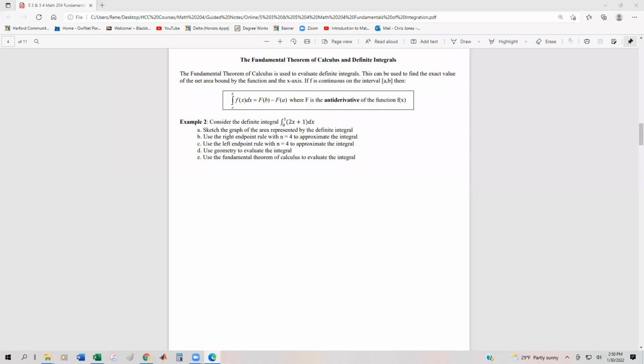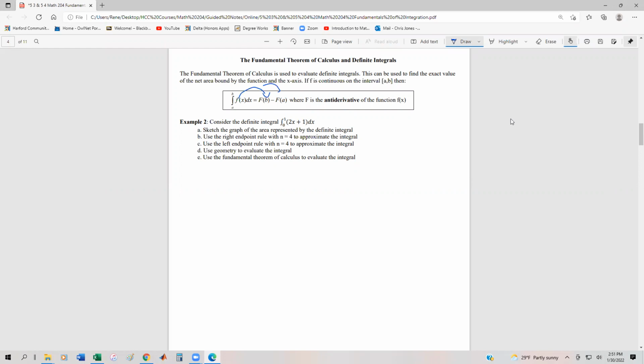We're going to look at the idea of being able to tie in everything that we did with respect to left endpoint, right endpoint, geometry, and then being able to work in something called the fundamental theorem of calculus. Now, the fundamental theorem of calculus helps us to get a precise value for a definite integral, right? And realistically, all we're going to do to evaluate a definite integral by using the fundamental theorem of calculus is